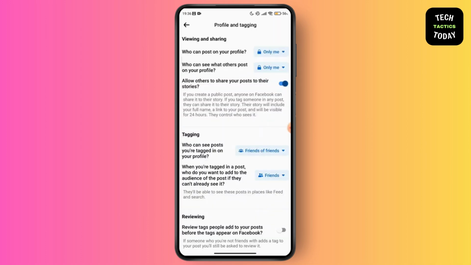So with the help of this simple step, you can easily stop someone from posting on your Facebook profile or